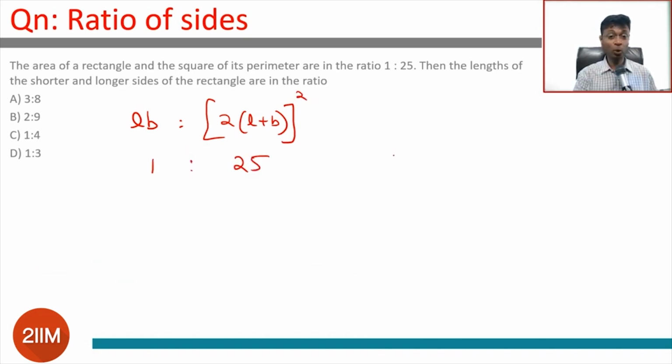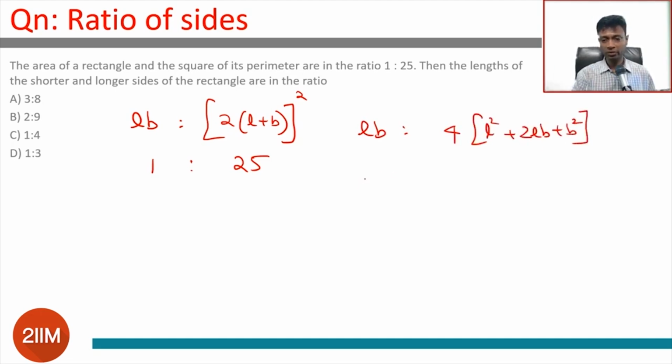I'm going to write down this equation and then figure this out. LB is to 2 times (L plus B) whole square is 1:25. We need to find the ratio B is to L, shorter to longer side. And so L into B equals 4 times L square plus 2LB plus B square